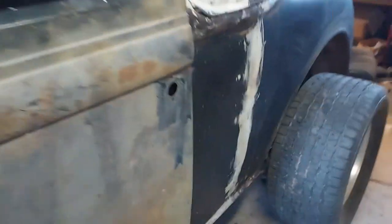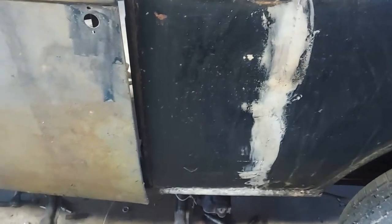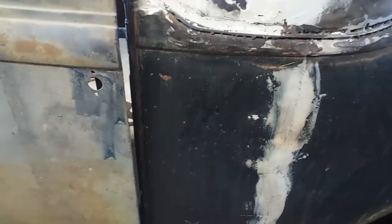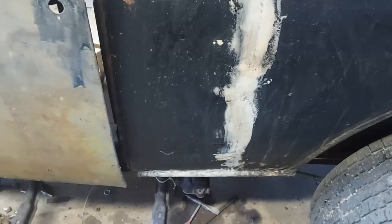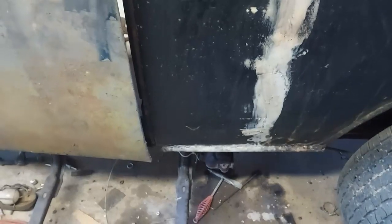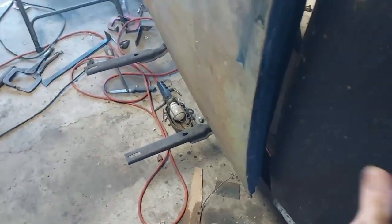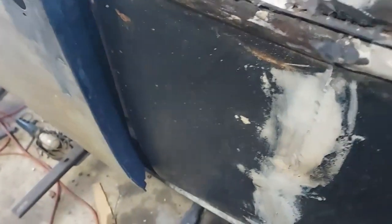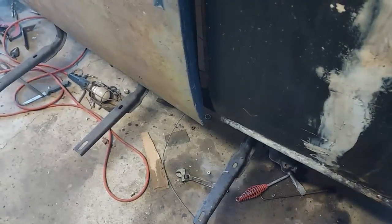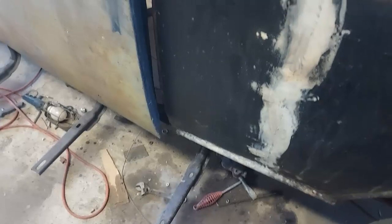I tried this new rust converter. It's got warnings all over it, you know, acid, chews you up, wash it off, don't get it in your eyes, don't get it in your mouth. I believe them. Anyway, I put it on this piece here, let it dry quite a while, a couple hours, and then washed it off with water. It leaves kind of an oily residue on it, and you taste acid still. I don't know, I'll let her dry tomorrow,